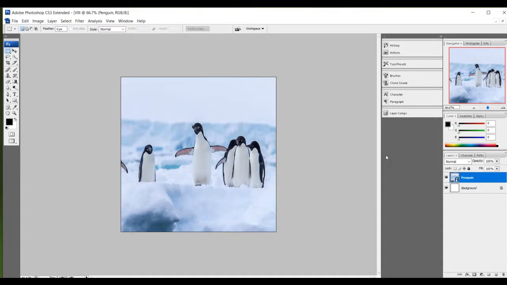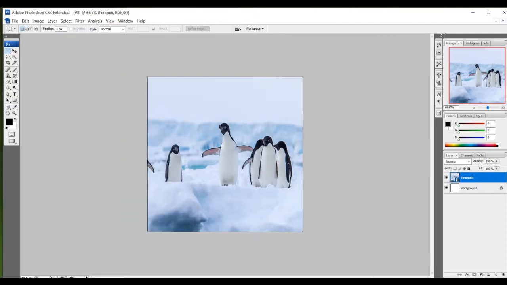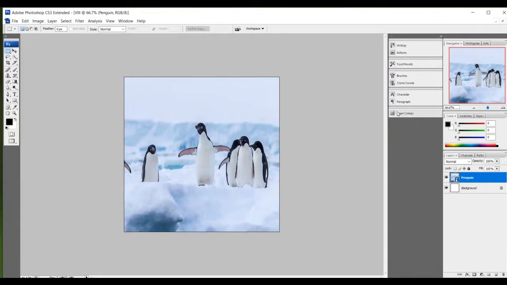Now the expand dock is present at the top right corner of the palette window. This is indicated with the double arrow. See here. If I drag it inside, it will go in. If I drag it outside, it will come outside.